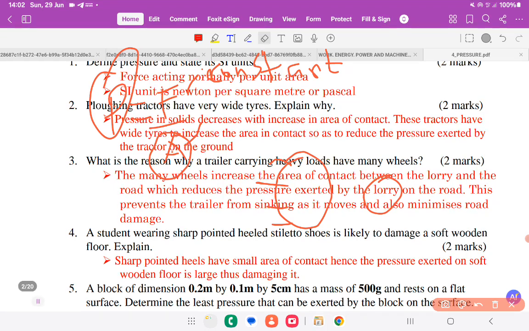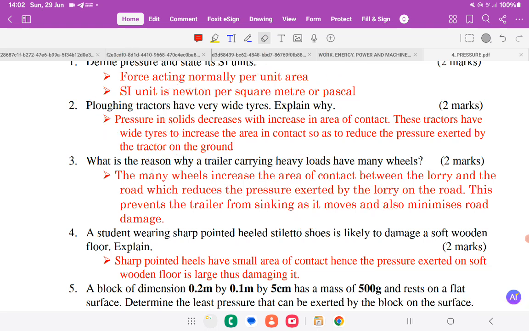So the answer to the question is, if you are to get maximum marks, you shall say that pressure in a solid decreases with increase in area of contact. So these tractors have wide tires, that's the answer to the question. We are saying the tractors have wide tires to increase the area in contact, so as to reduce the pressure exerted by the tractor on the